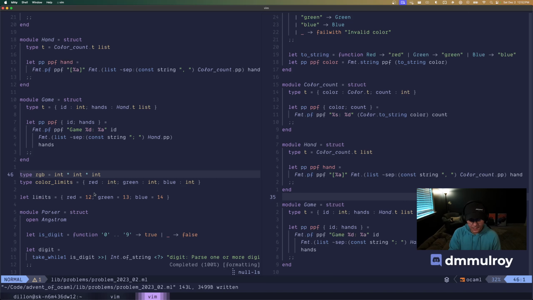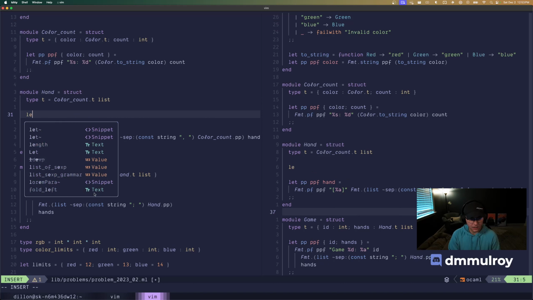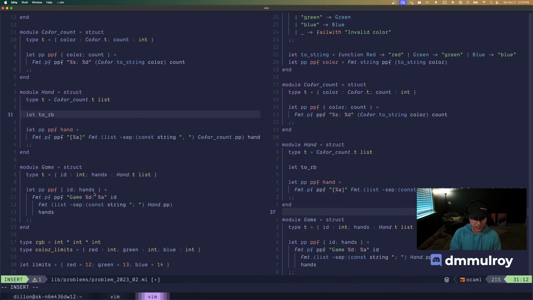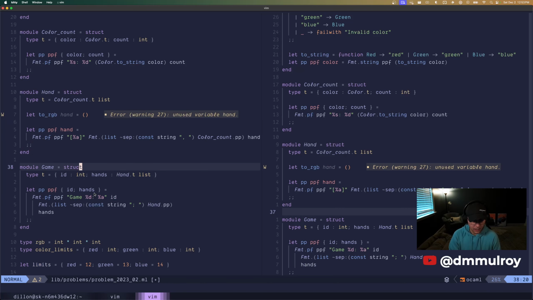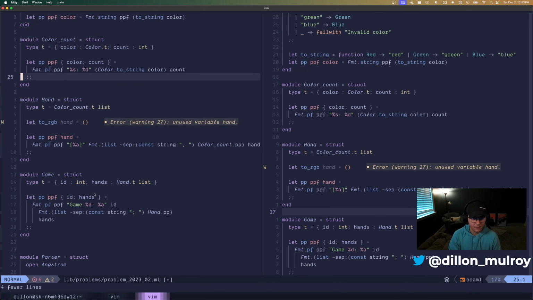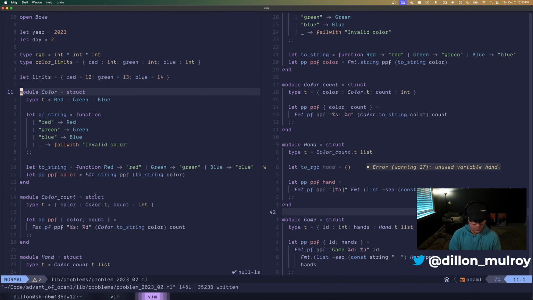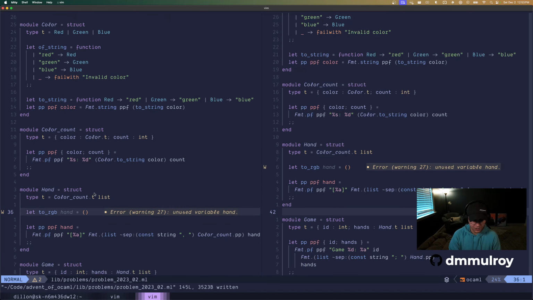So now we have this RGB type, and we can say color count. Let's say let to RGB, right? And in fact, to RGB, we'll get a hand. Let's just return a unit real quick. And this type needs to be, let's move these types up. Right? And then we can say our color to RGB hand, we will